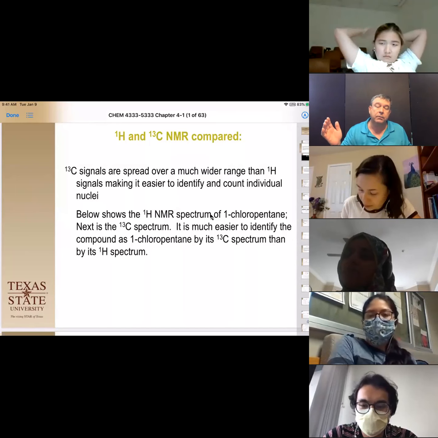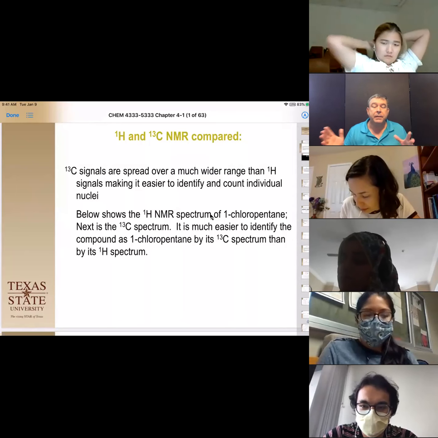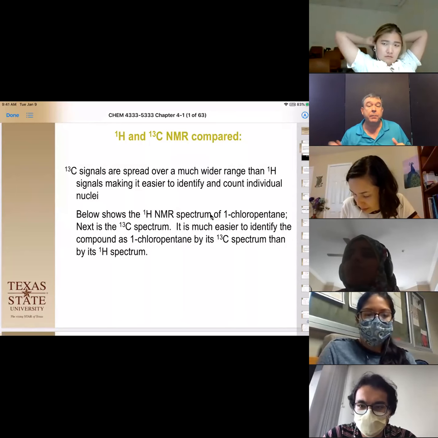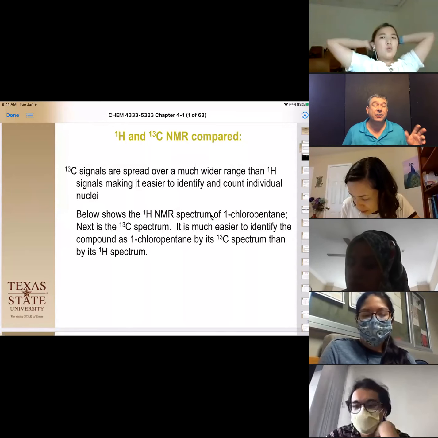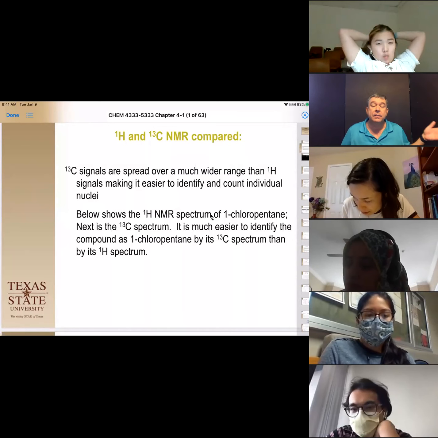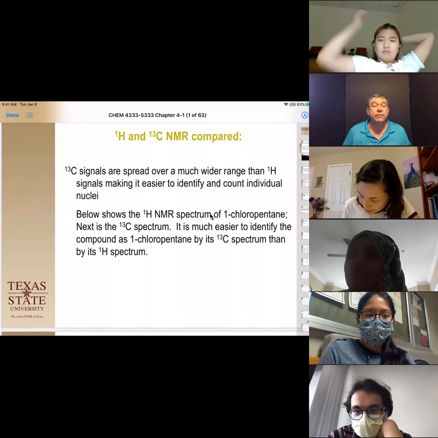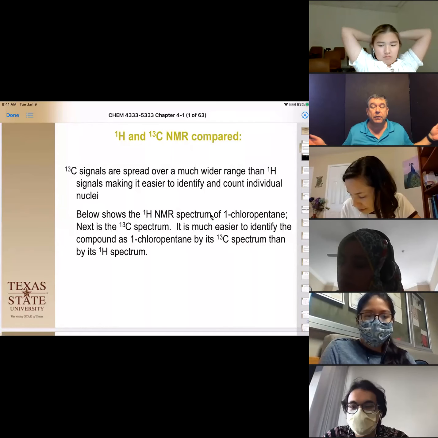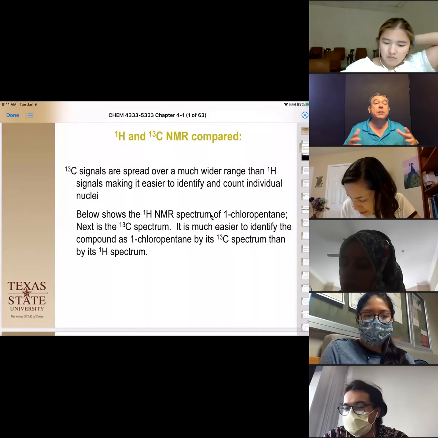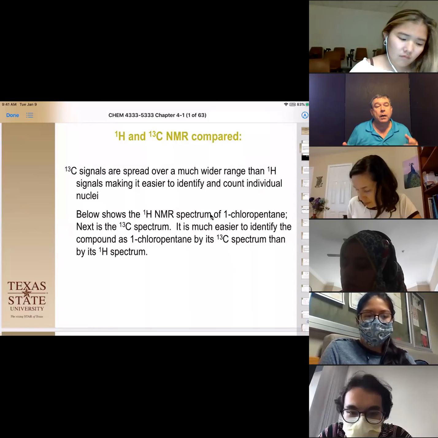So our ppm range runs from 0 ppm, but we actually can go way up into the 200s. Most carbonyls are just over 200, and we can get some things all the way up into the 250 ppm range. So we're looking at a much bigger spectrum, as well as much bigger coupling constants,